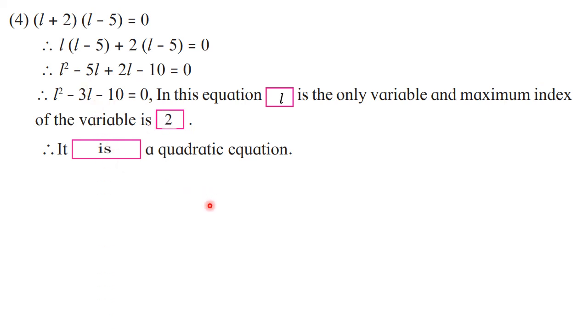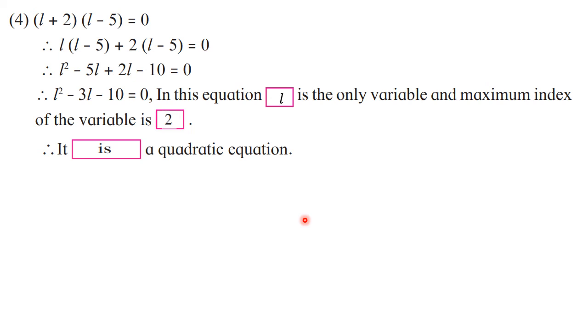So this way you are going to have a 1 mark question based on this. But for that you need to write the conditions. You need to justify, because simply "is" or "is not" does not have any meaning. Why is it so? Your knowledge you need to apply here. So you need to write down the justification. So I hope you must have understood this, the meaning of quadratic equations and their standard form.